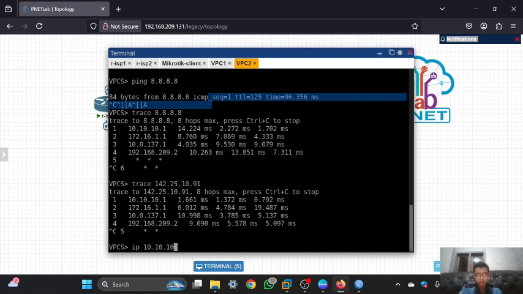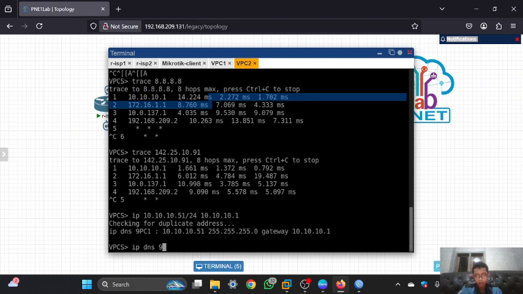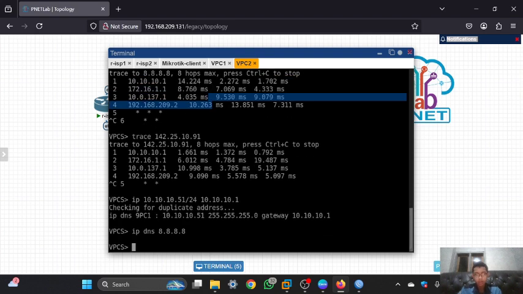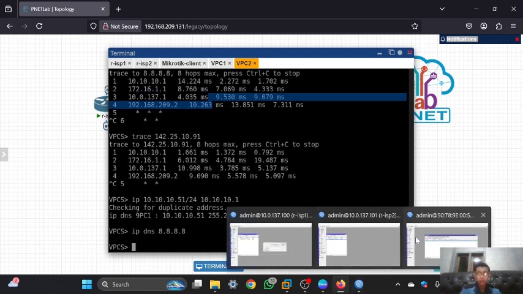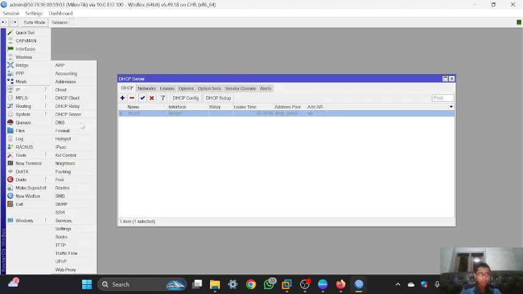I will type the IP in here, 51, and then don't forget the IP gateway, then the IP DNS. And next I will do the configuration of routing mark.